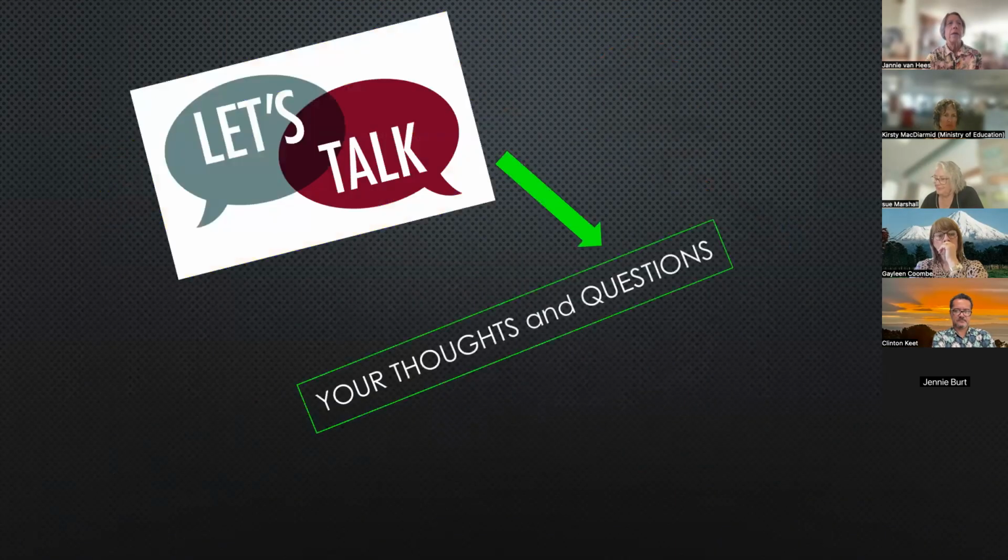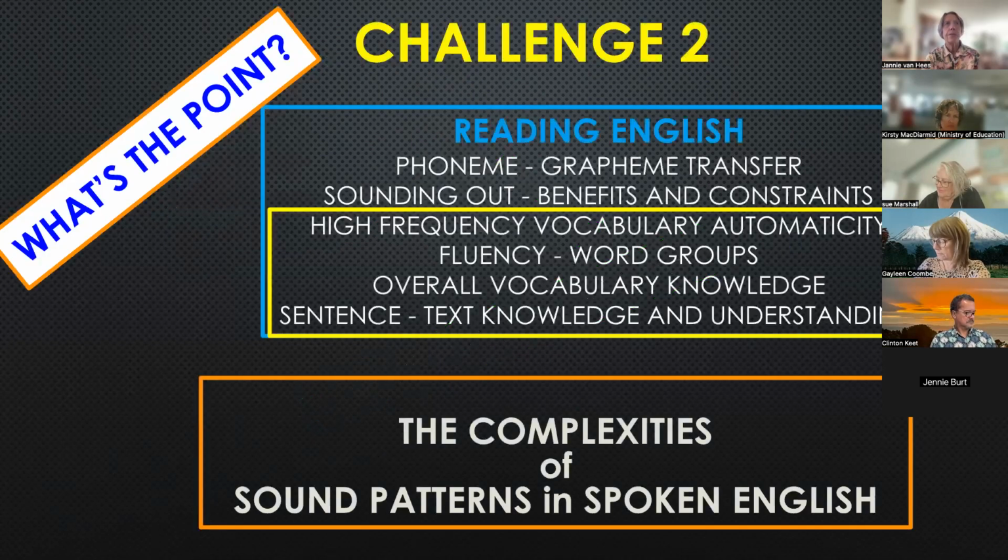So the point I'm trying to make is that building the mental spoken repertoire of a student towards their literacy is a really critical priority.